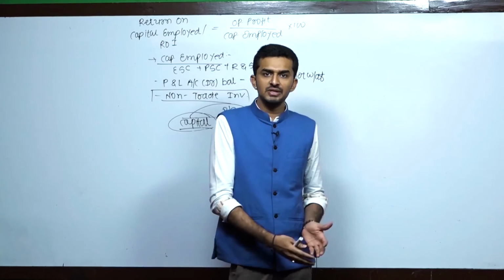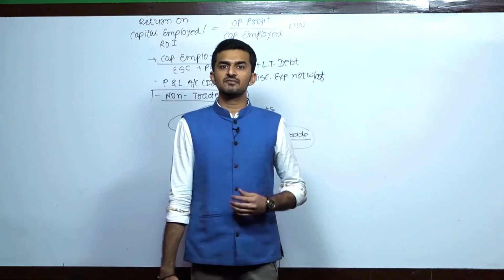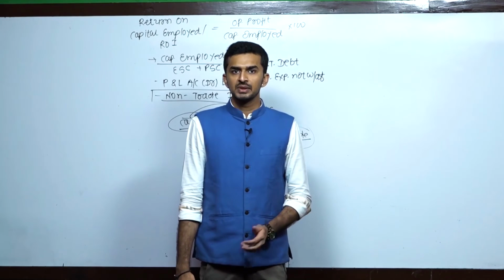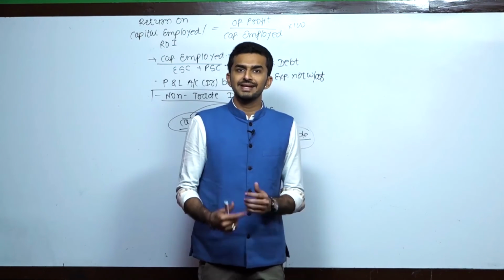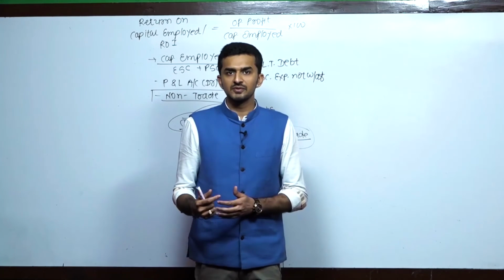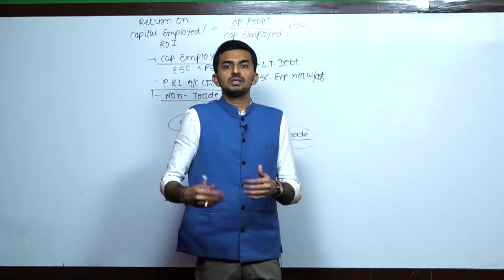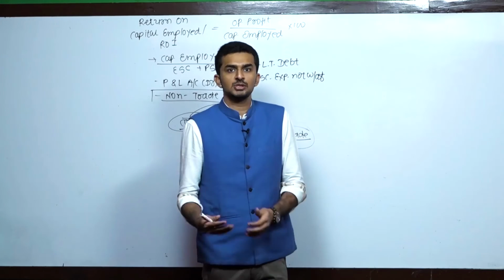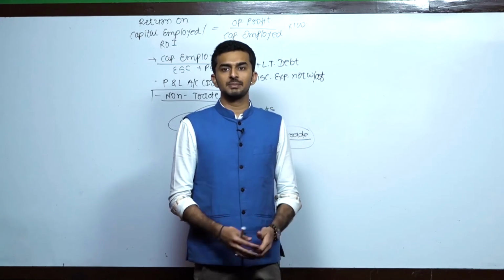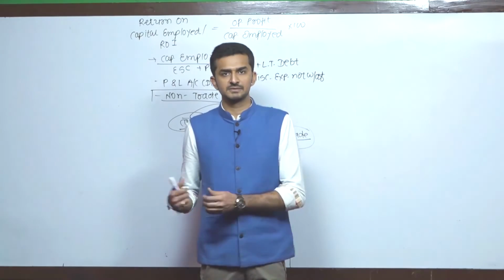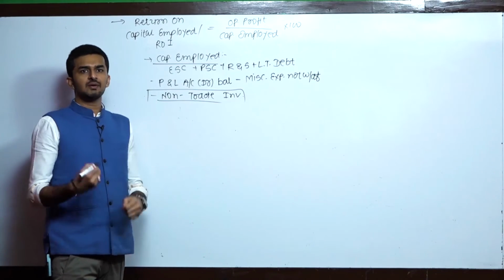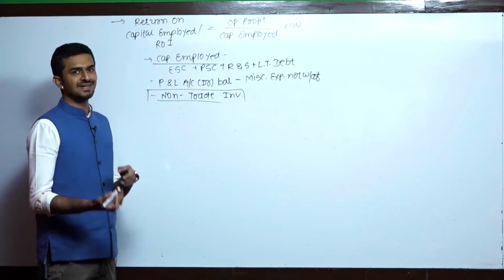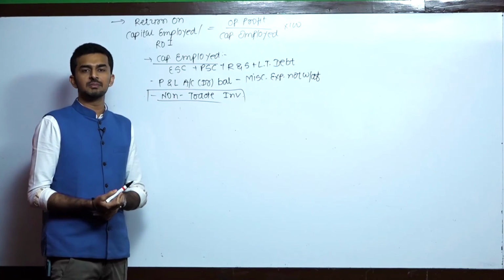Whenever operating profit is being generated, always first debt gets its interest. So we'll now look into the next ratio, which is return on shareholders fund. How much profit will be left for shareholders after debt has been paid off in the form of interest? So the next ratio that we're going to take up is return on shareholders funds. Once we calculated return on capital employed, as I said, once debt capital has been paid interest, we'll go